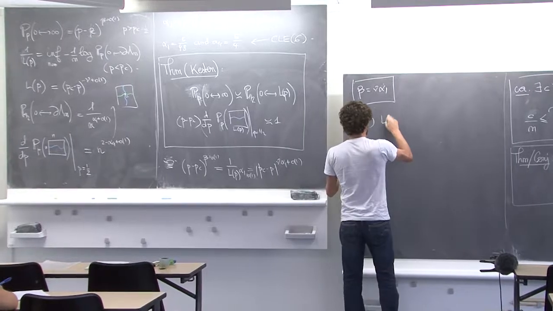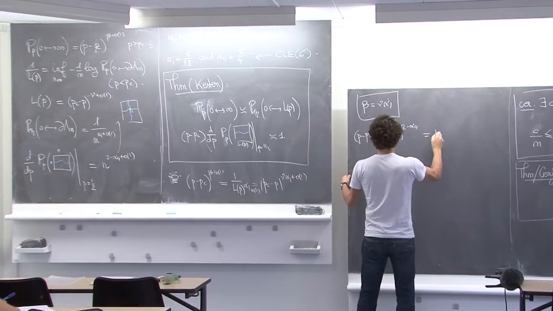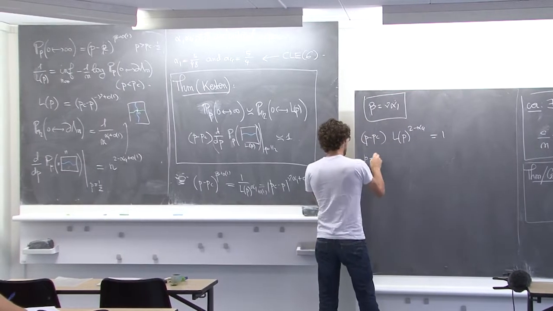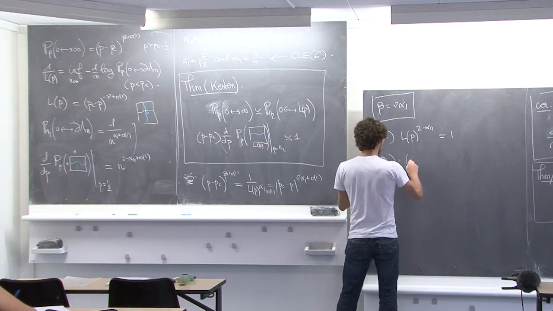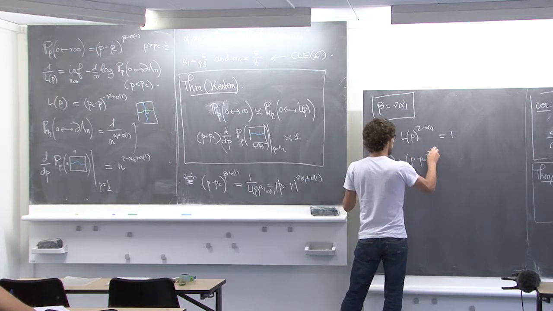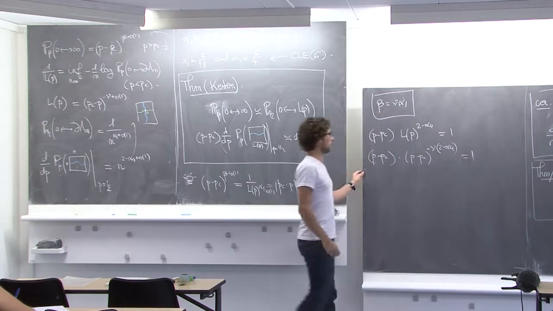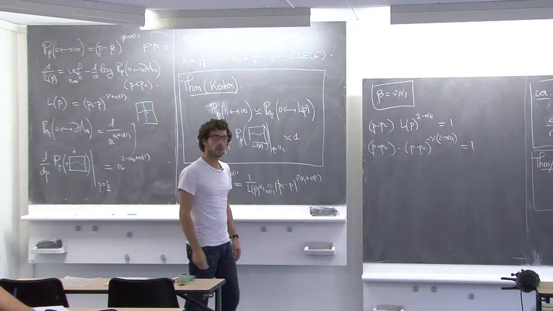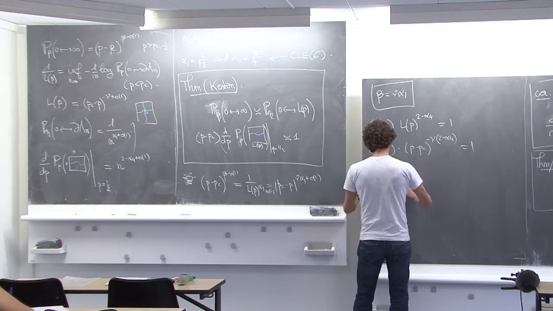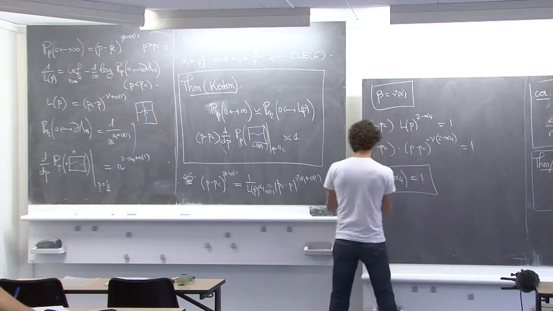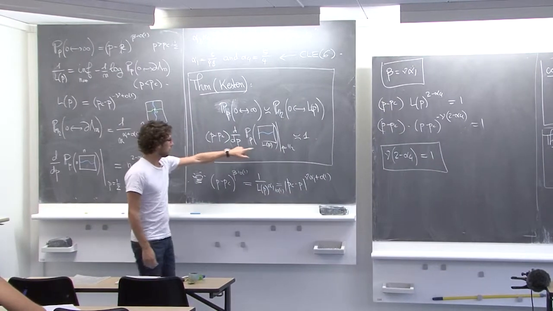So it's L(p) to the 2 minus alpha_4. And this is equal to 1. So it's (p minus p_c). And L(p) to the 2 minus alpha_4 is (p minus p_c) to the minus nu times (2 minus alpha_4). So what do I deduce from that? I deduce that nu times (2 minus alpha_4) is equal to 1. That gives me a second scaling relation. Maybe I should tell you here a little bit what it is.